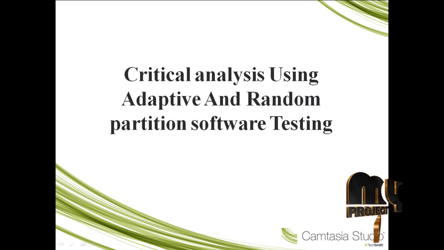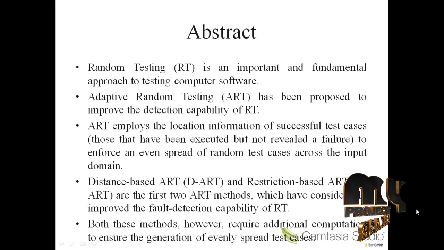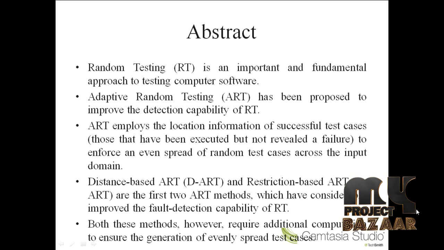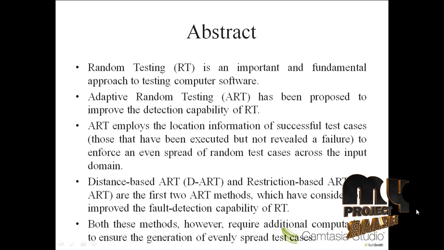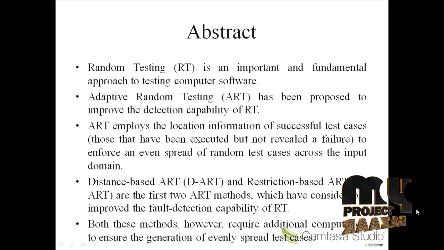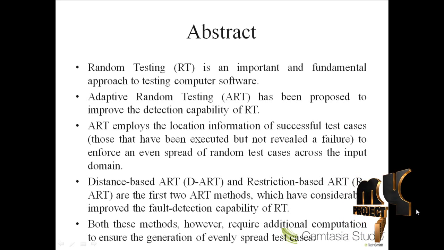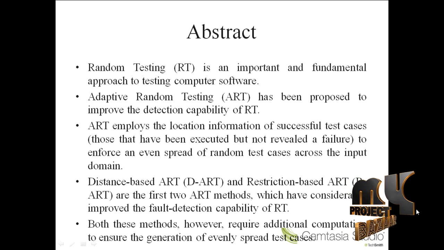The title is Critical Analysis Using Adaptive and Random Partitioning Software Testing. Go to abstract. Random testing is an important and fundamental approach to testing computer software. Adaptive random testing has been proposed to improve the detection capability of random testing. Adaptive random testing uses the location information of successful test cases to enforce an even spread of random test cases